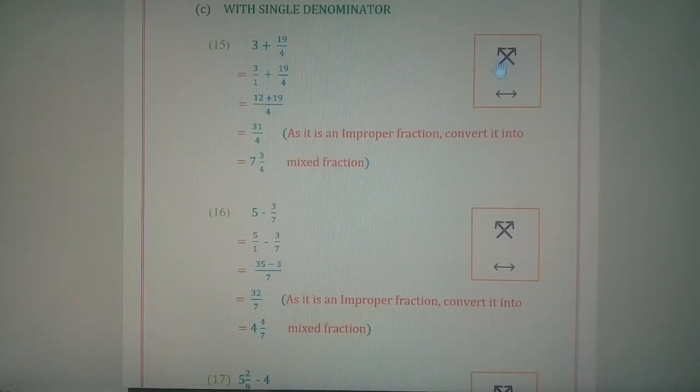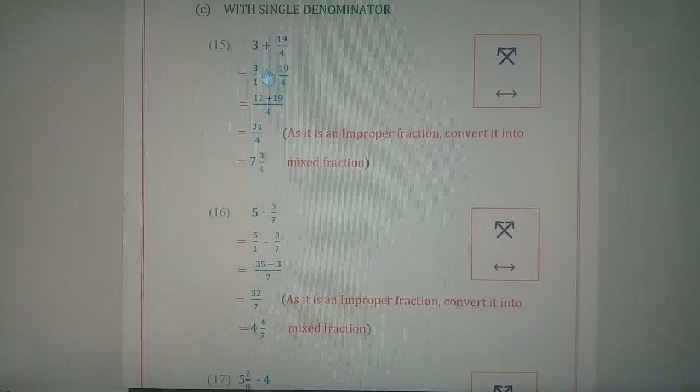In the cross multiply method, we have to remember this pattern where the left diagonal is multiplied, the right diagonal is multiplied, but first of all we have to multiply the denominators with each other. Here the denominators 1 and 4 are multiplied with each other. 4 ones are 4. So we'll write here 4. And then we will do the multiplication of the left diagonal. That is across, 3 and 4 have to be multiplied. 4 threes are 12. I will write it on the topmost left side of the numerator.